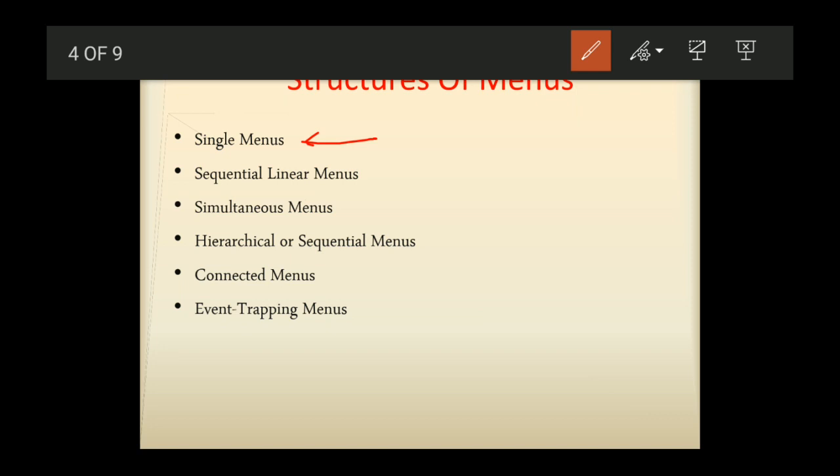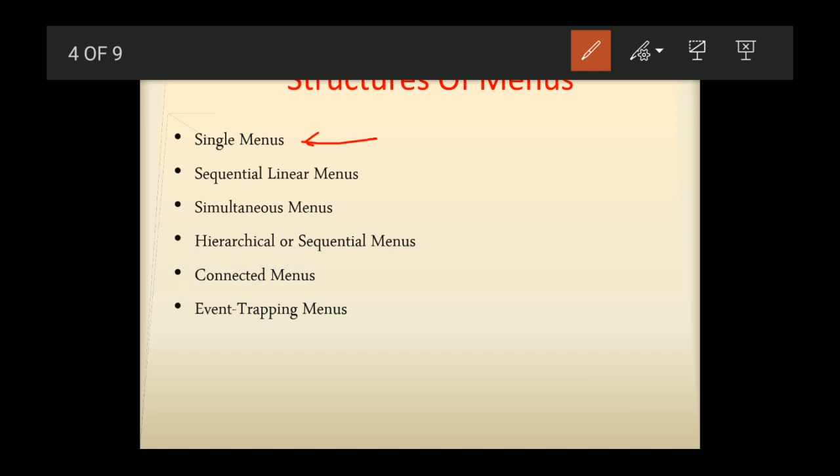A single menu may be an alternative if it requires data to be entered into it, and this data input is subjected to a validity check that fails. The menu will then be represented to the user with a message requesting a re-entry of valid data.